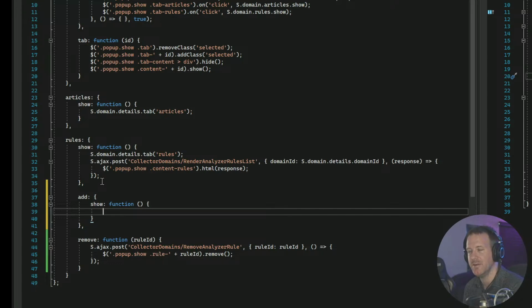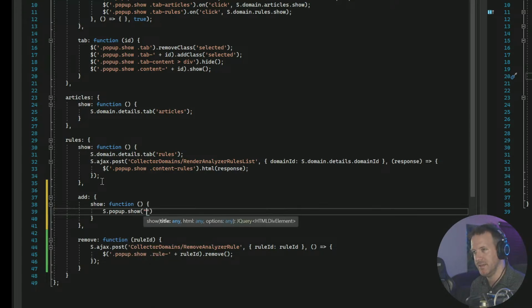I don't know. No, I remember what I'm gonna do. I remember how this works. So I'm gonna create a new pop-up. The title is Add Analyzer Rule, or Create Analyzer Rule. And the HTML is